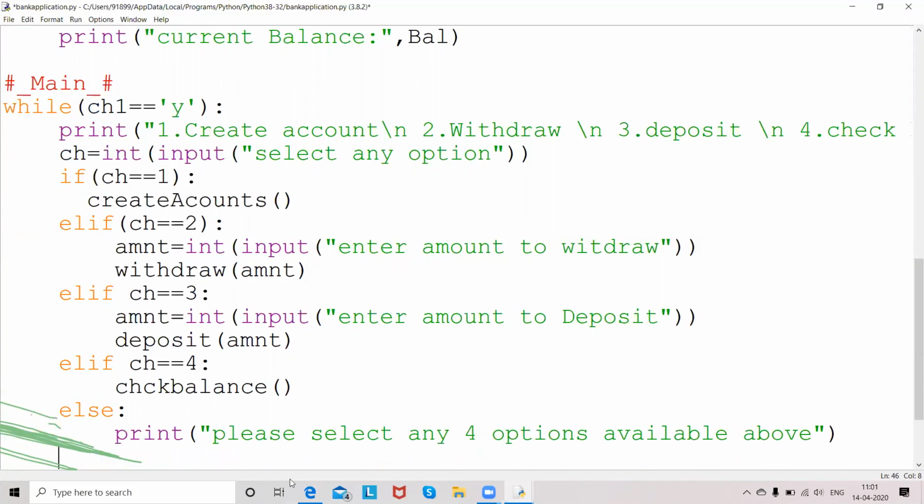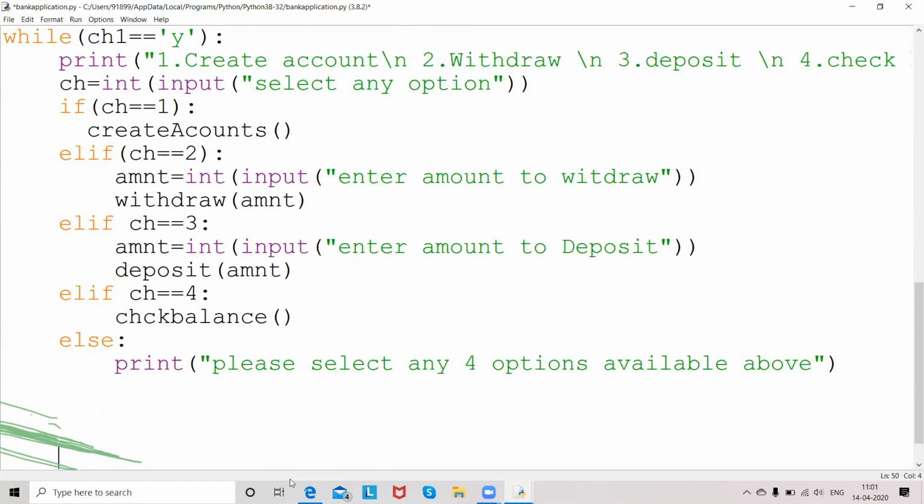So I just used while some variable ch is equal to y. Suppose after selecting one operation it comes out of this, I'll ask the user, do you wanted to continue operations? If you wanted to continue, I'm asking the user to press letter y.